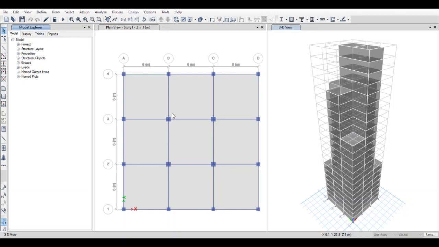After that, in define, you have to go to section properties and frame sections to define different types of beams and columns. As you can see, I have defined B1, B2, B3 and C1, C2, C3 as the three different sections of columns and beams available to us. After that, I have defined a property called beam auto select, which includes all the three beams.